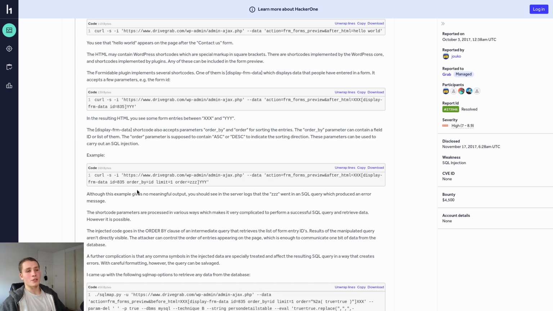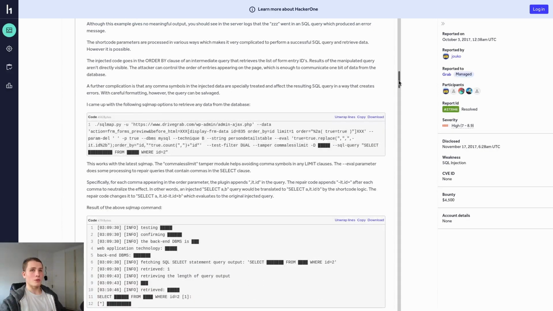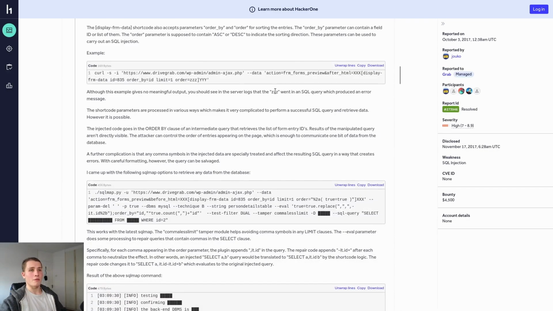So obviously the order parameter here was injected directly into a SQL query by the plugin, which is unsafe. These values should probably be sanitized before they're injected. And because of that, an unauthenticated user could actually send a SQL injection, which the hunter found by basically sending a value other than the two previous values mentioned, and then you got